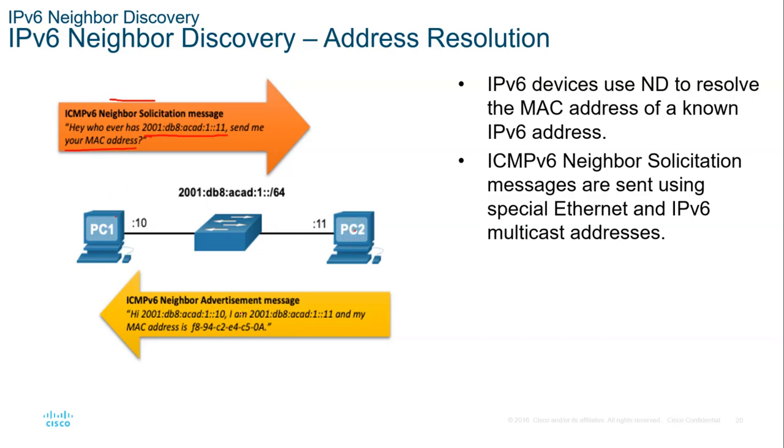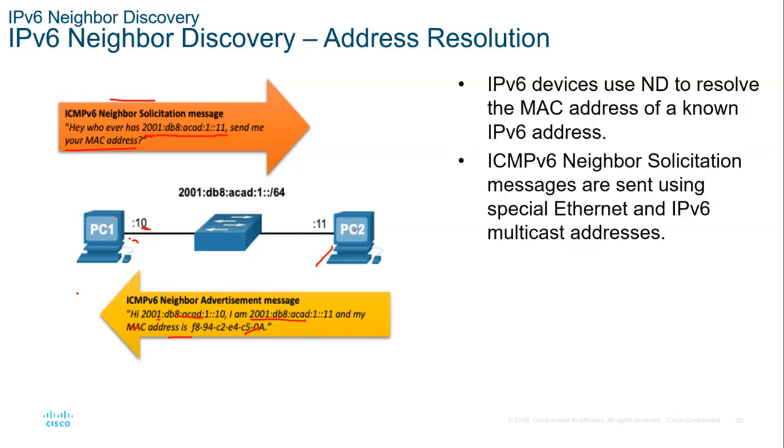Then this PC sends the neighbor advertisement message, replying: I am this IP address and my MAC address is this. Once this computer learns the MAC address, it can send the real data